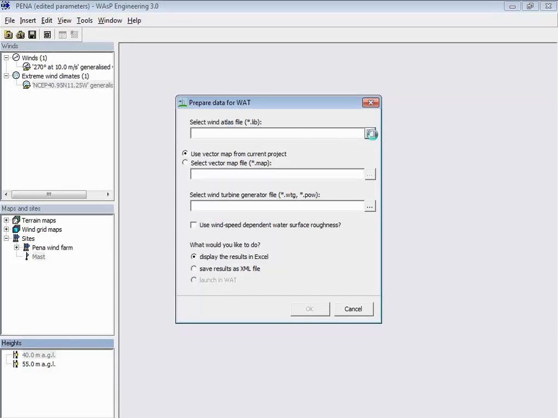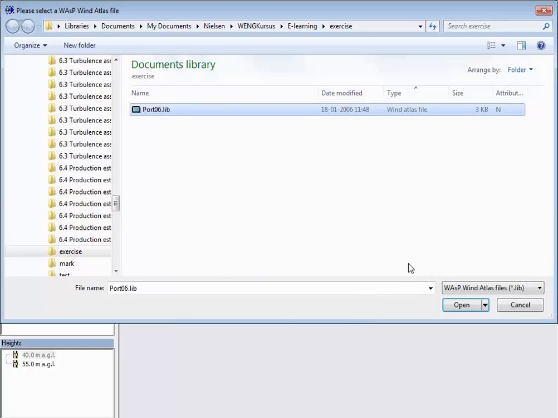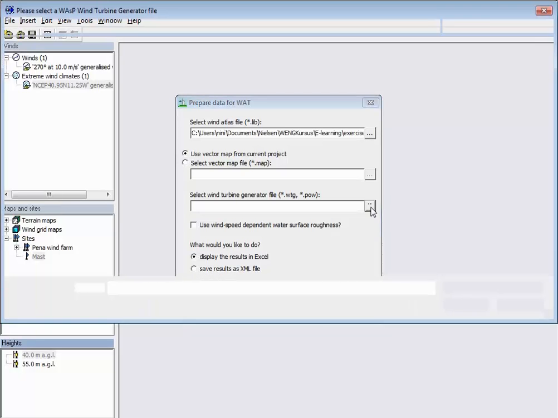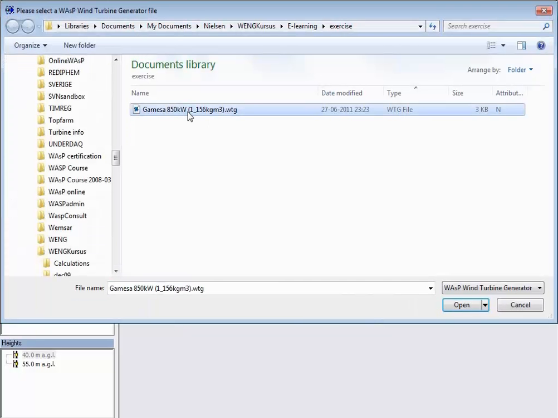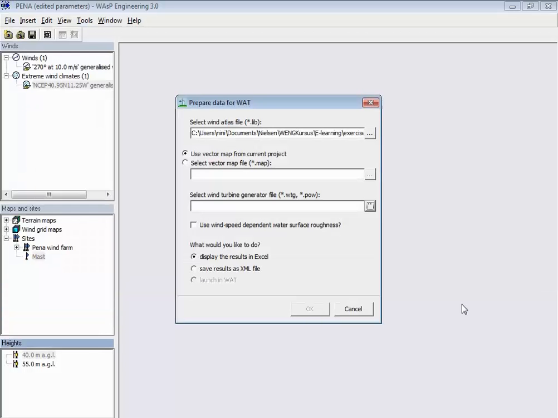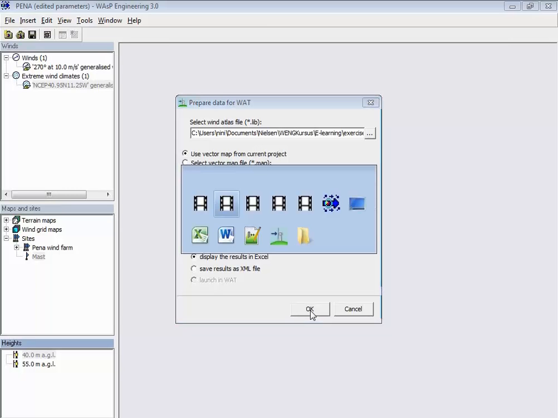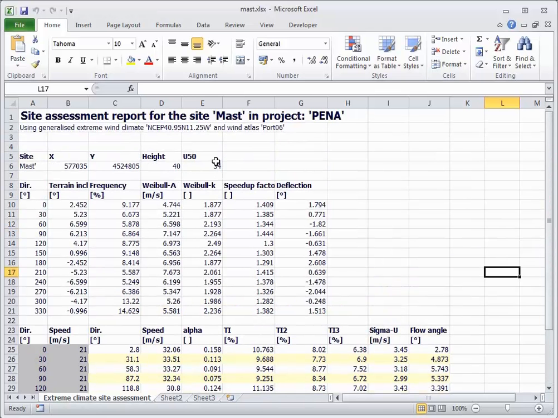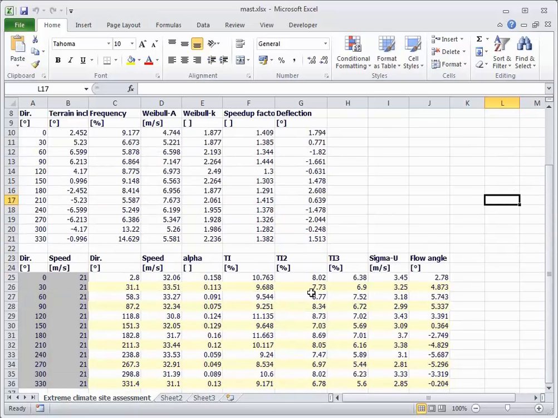And this is actually important, that we are using the same data, because otherwise you wouldn't know what you were comparing. And we still have to insert a turbine, because in WAT it's really imported as a dummy turbine site. So you still provide some turbine power curve here, and then you're ready to say OK. I don't think I'll show you this. I have calculated something already. So here we have it, like before, but it's just for this mast site, and it's 40 meter height, and there's only one site here.